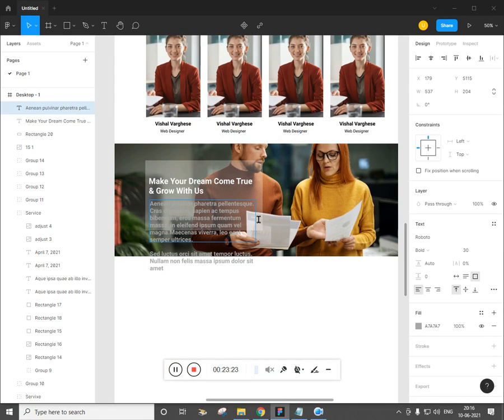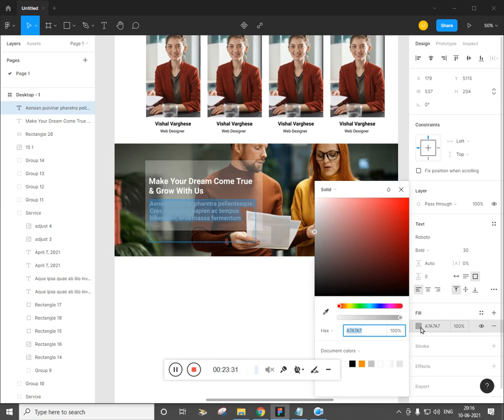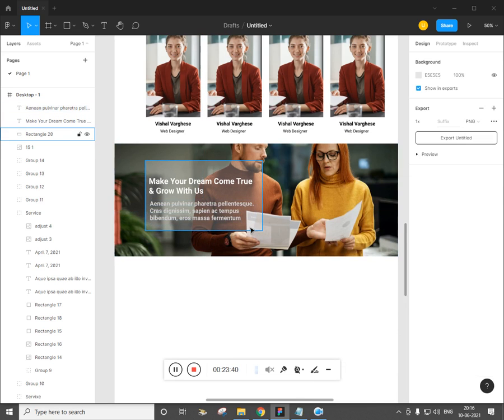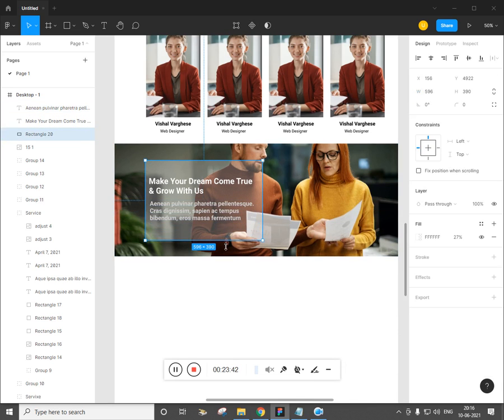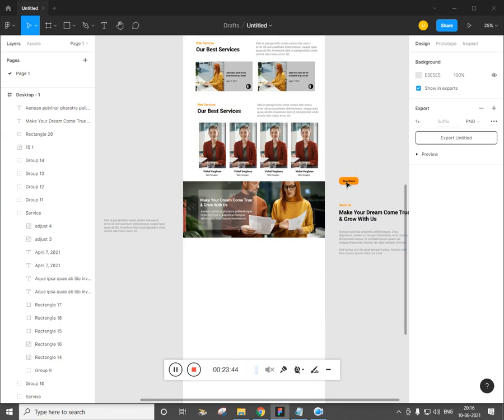Now remove the unwanted text, we'll just keep 3 lines and remove everything. Select all, make this a little transparent. Now let me make this a little bigger so that we can fit the button.